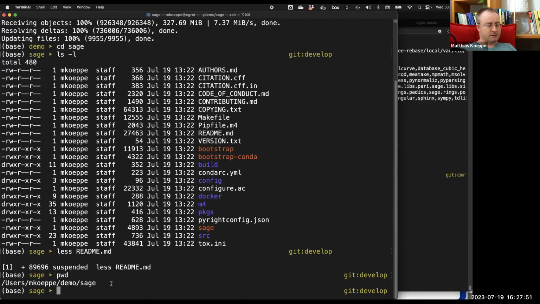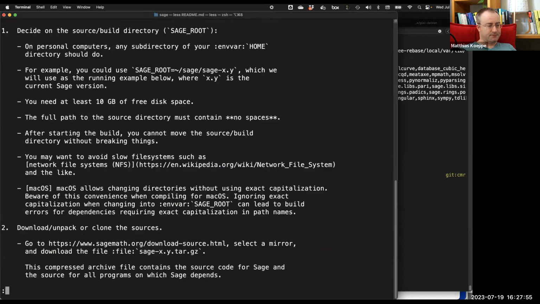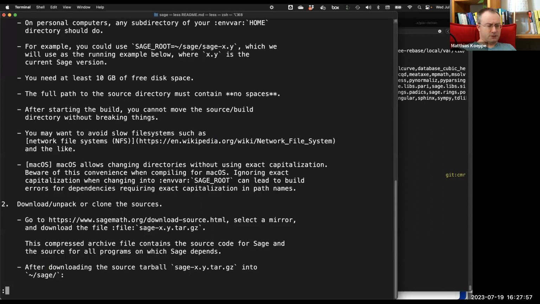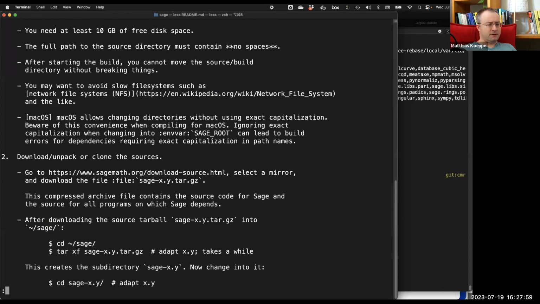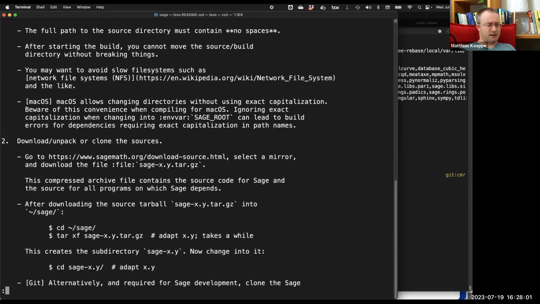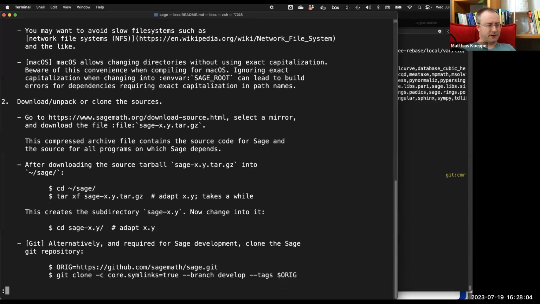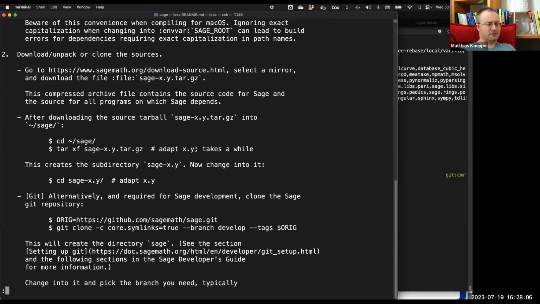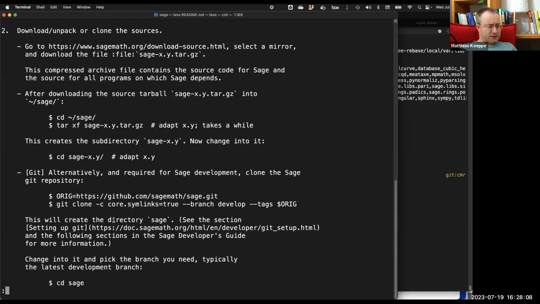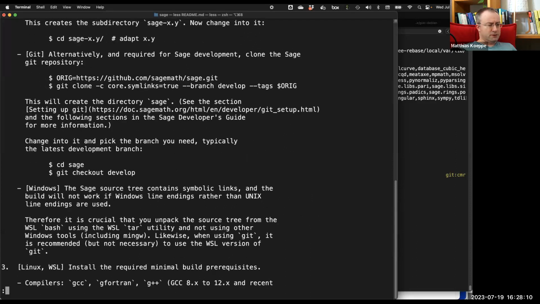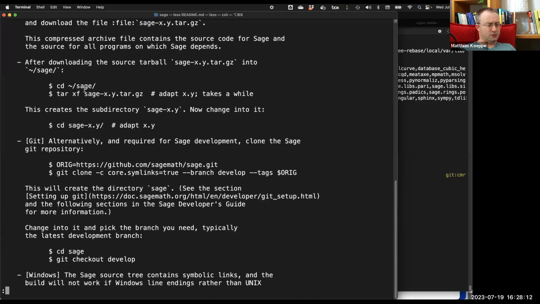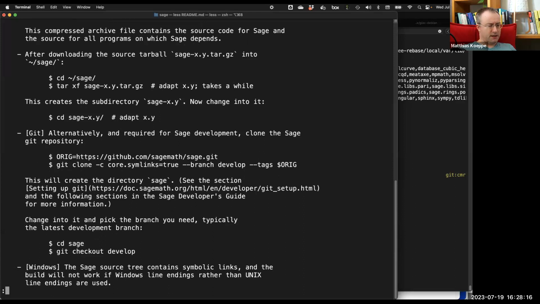And so this is something that we refer to as the Sage root. And I think I have enough disk space and so on. I'm not on a network file system, so everything is good. Okay, we already did step two. We somehow cloned things from the repository, and